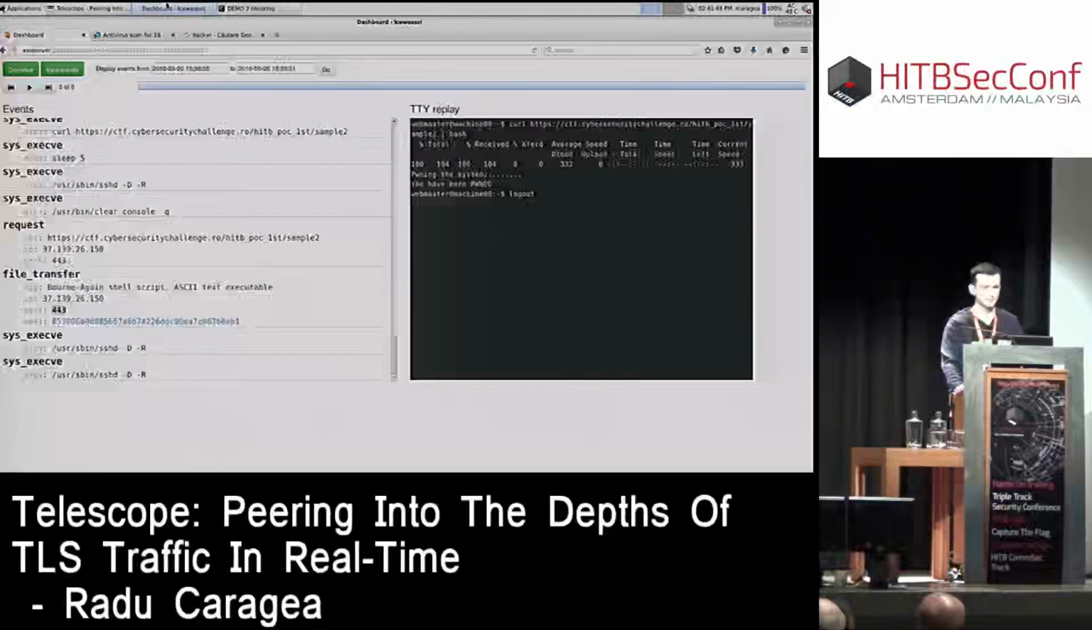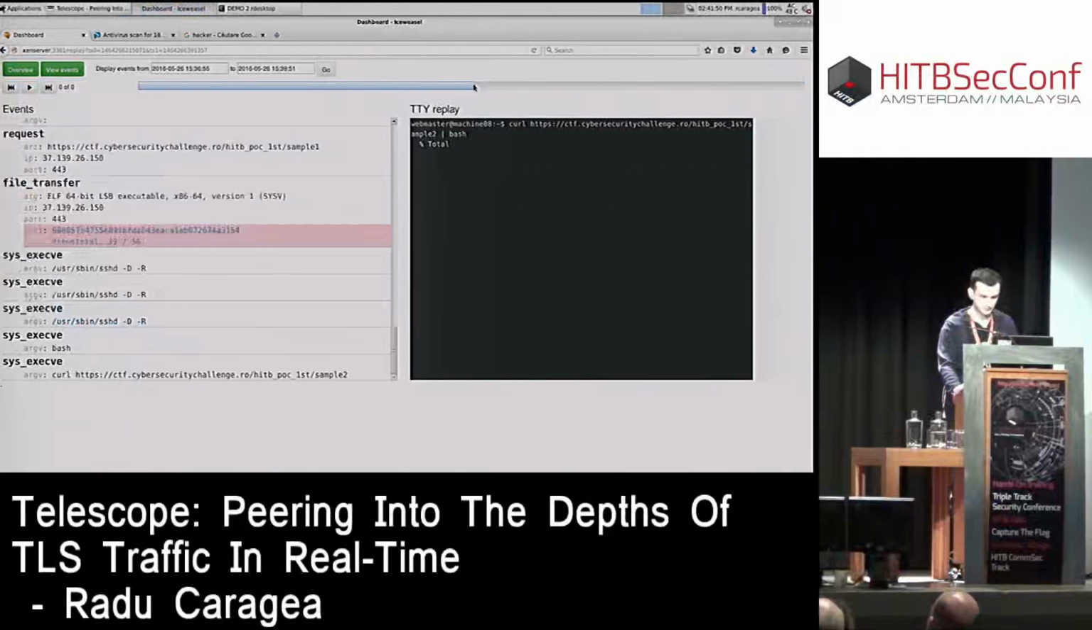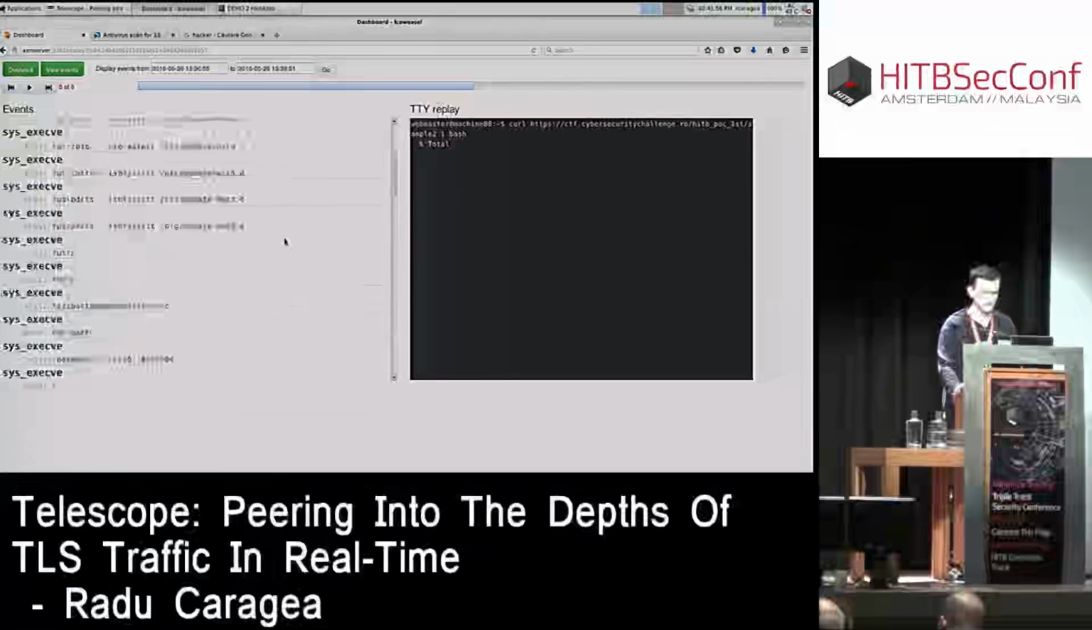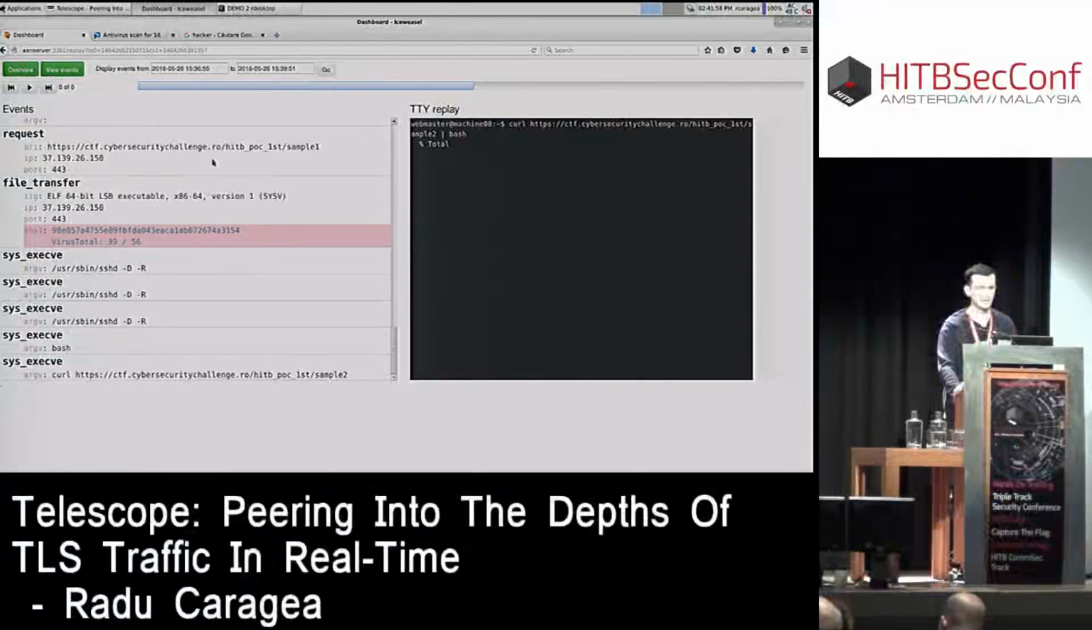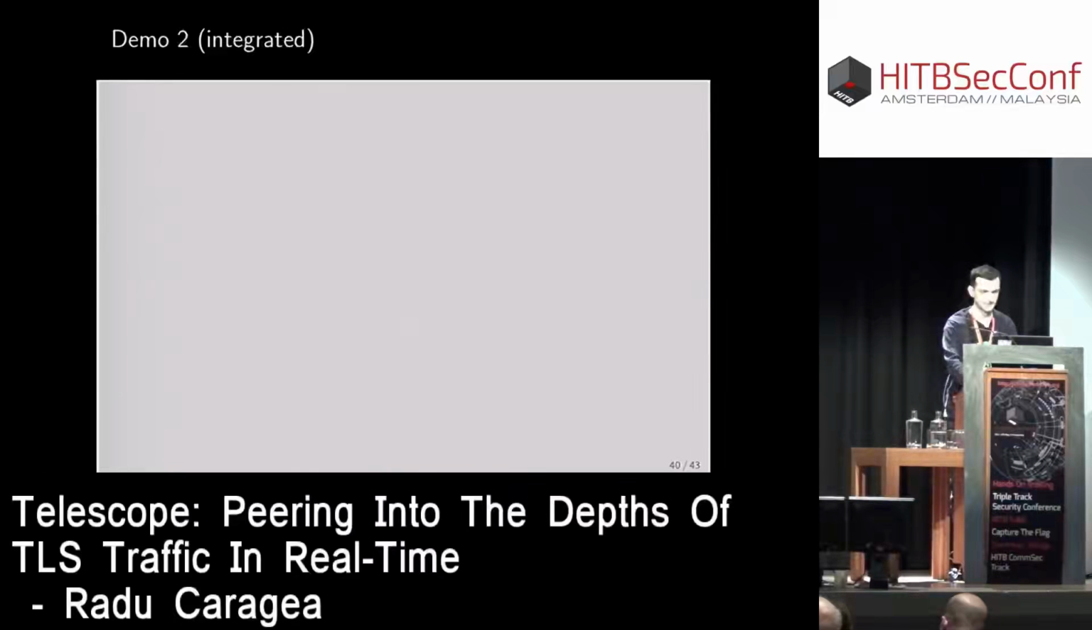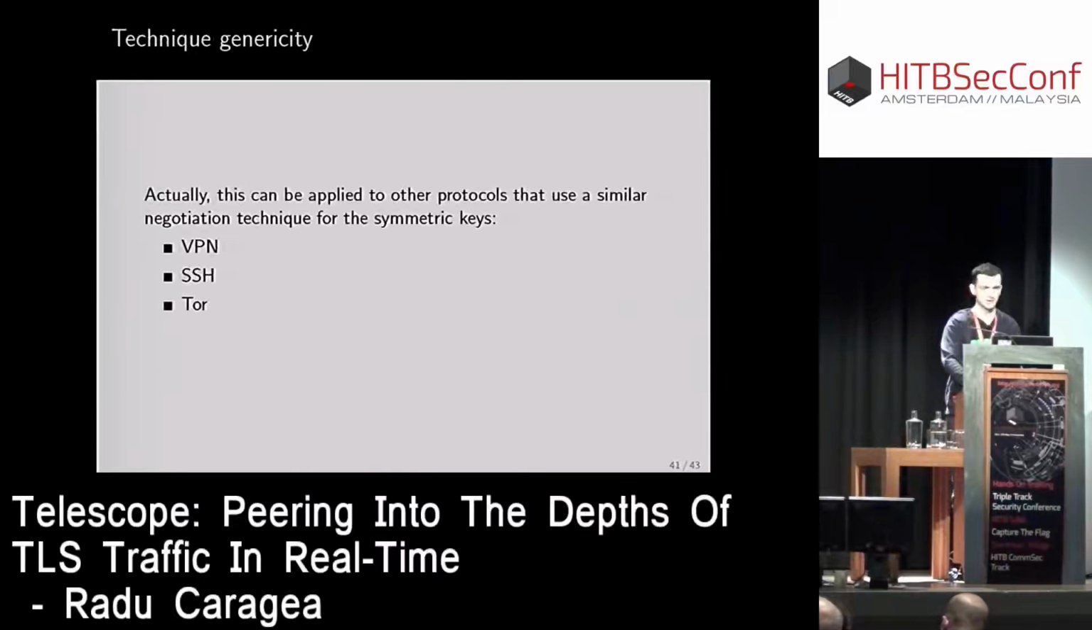Yep. So this is how it looks like. This one was the virus. Yeah. So that's how it looks like from our dashboard. This concludes my second demo. And